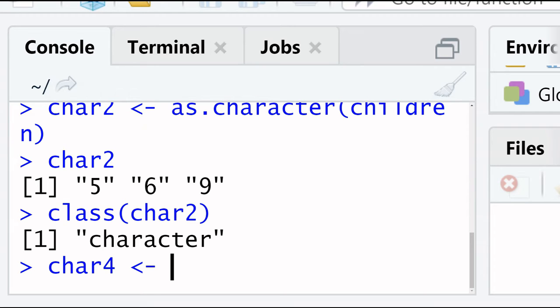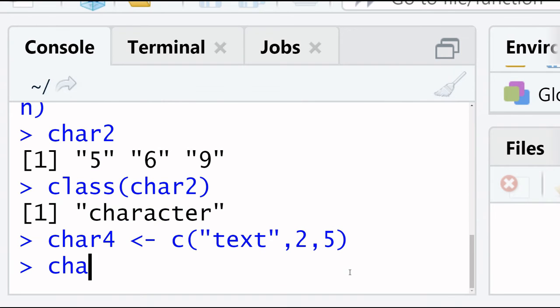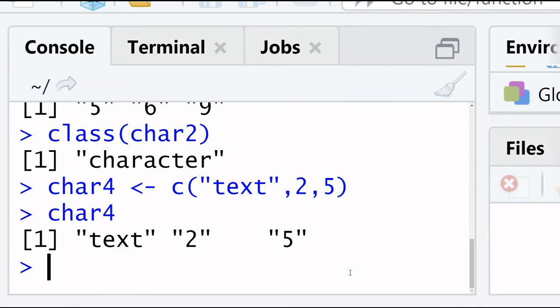Variable, assignment sign, and here is a vector start, inverted commas, text. Everything in inverted commas is character. So here is one character, and 2 and 5 are numeric values because they are not written in inverted commas. Enter. Here you can see text is character, and 2 and 5 are also converted into character.